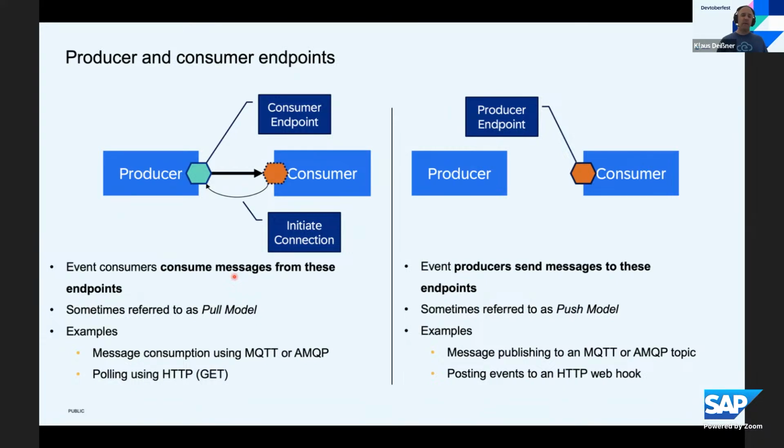The other approach is then the push model, where you have a producer endpoint, and a producer would like to discover where to send events. And this is now on the right-hand side. The producer in this case has found an existing producer endpoint and then can initiate the connection and send the events over. That's one important example, I guess, that many people know, the HTTP webhook here.